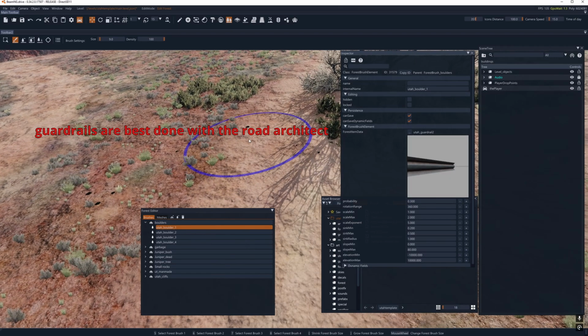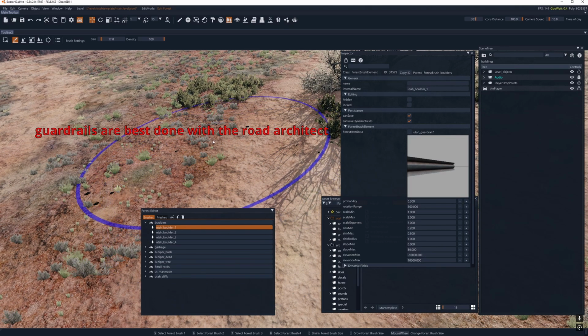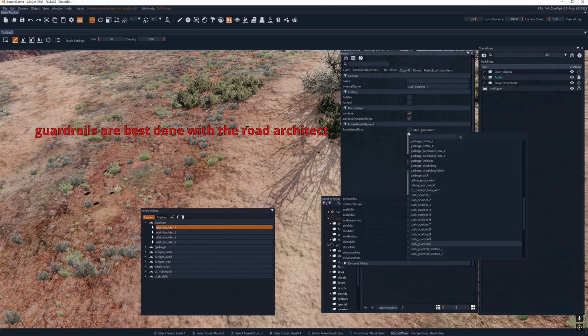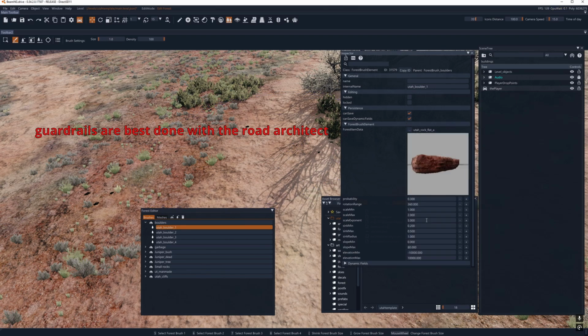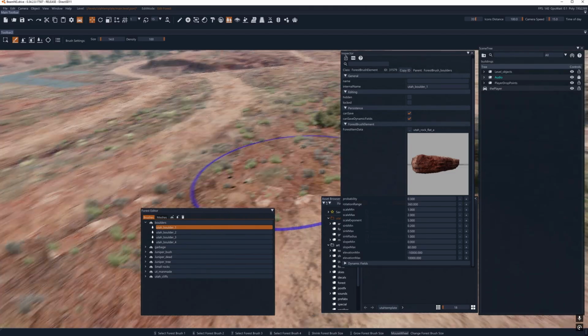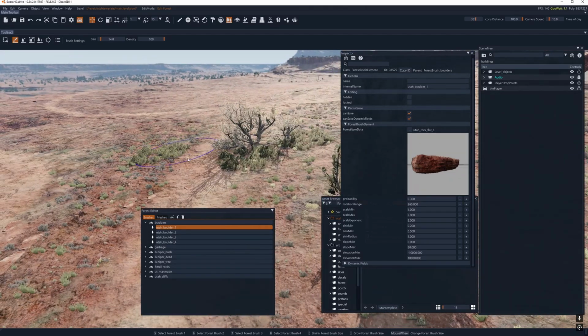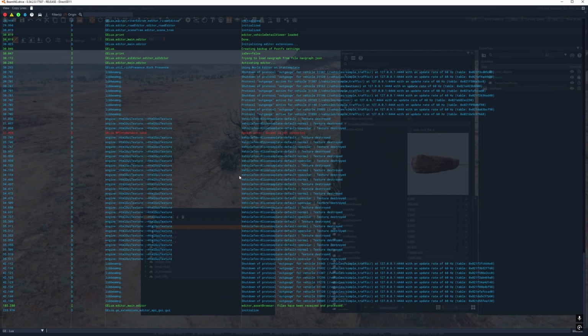And then, like these guardrails, I don't know if those actually work. They're kind of weird. Rocks. Rocks, flat. There's rocks, flat. So you just want to test them to make sure. Then you can always look at your errors, see if there's anything going on, but